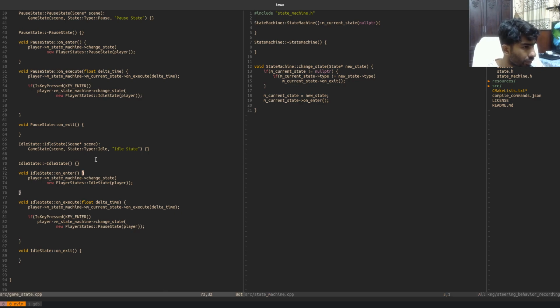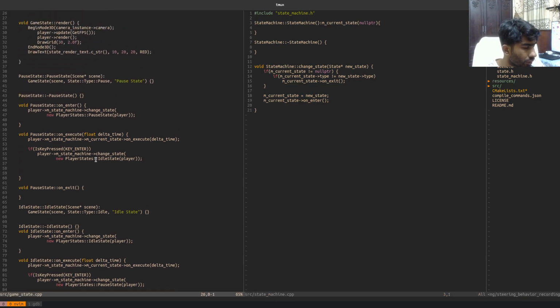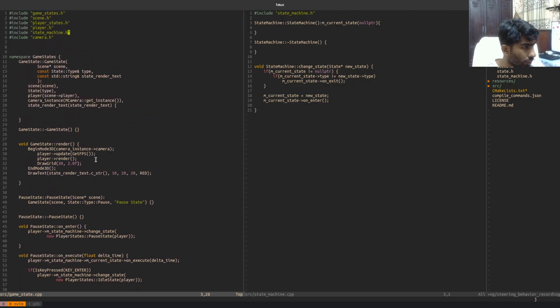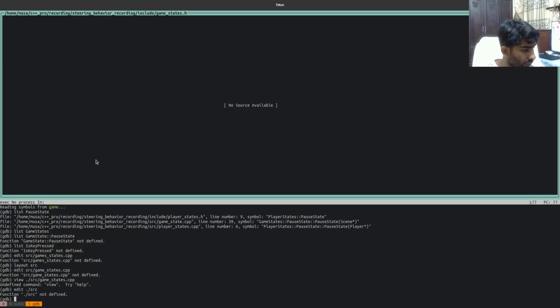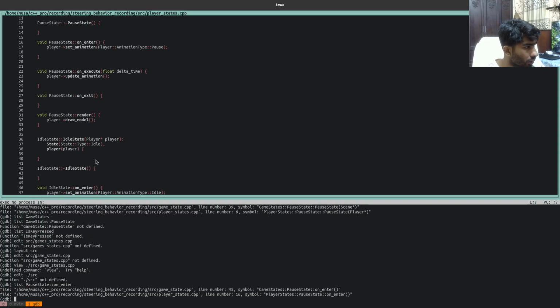The problem is these function names are just similar and it's giving the wrong list. These are the player states. But when I go